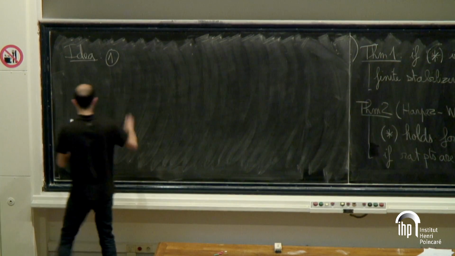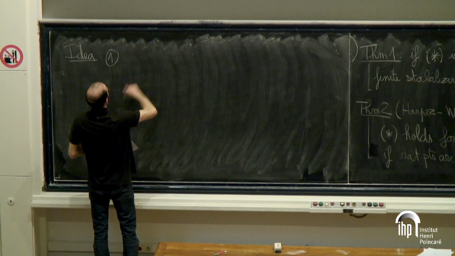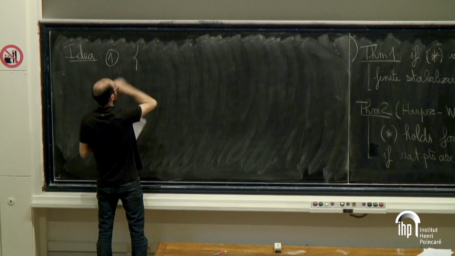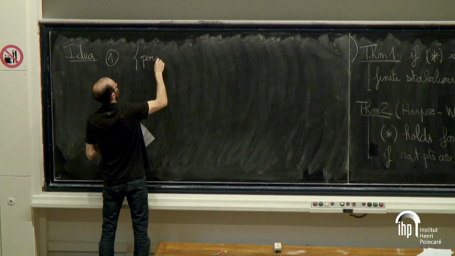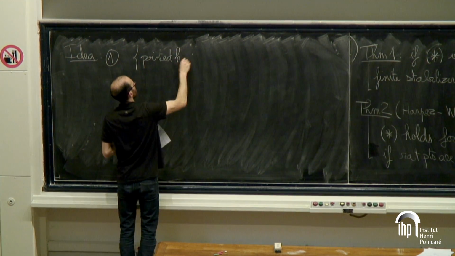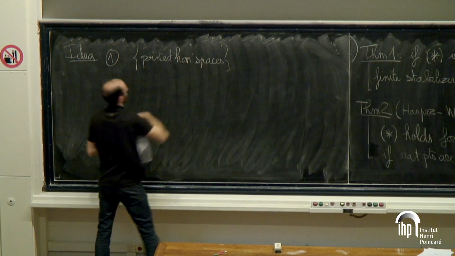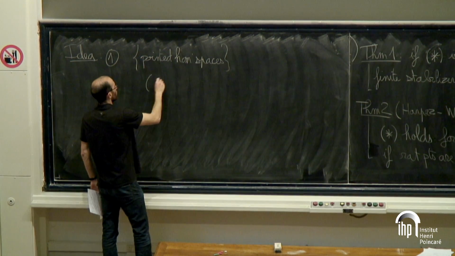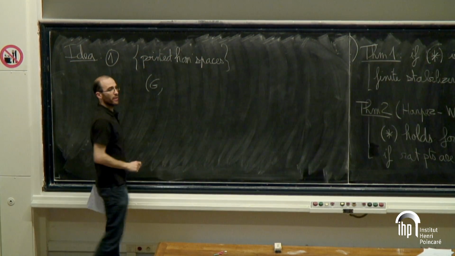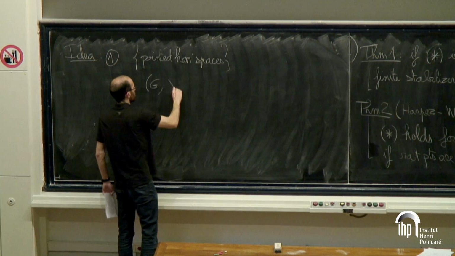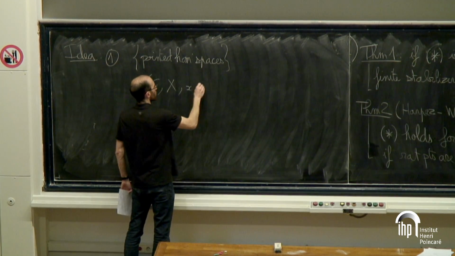Okay? So I can say it like this. So if you consider pointed homogeneous spaces, and what I mean by this, more precisely, if you give an algebraic group, a homogeneous space and a rational point on it,